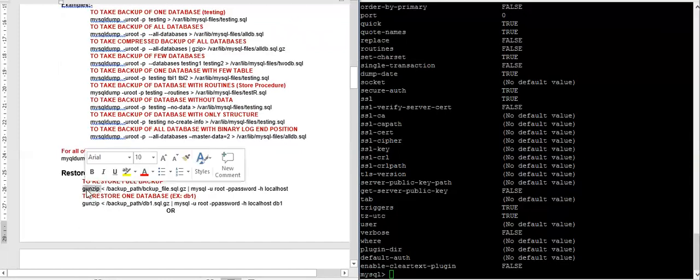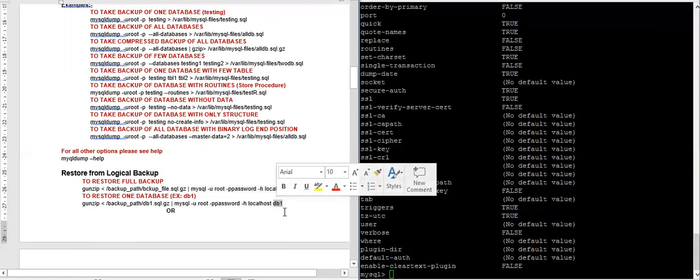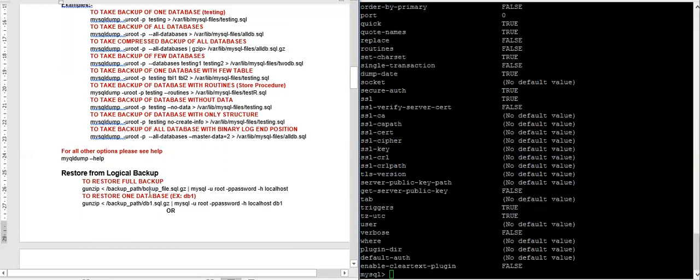This is very useful. gunzip, then the less-than sign, then your backup file path name, then pipe, then mysql -u, then the user and the password, and if you want to restore into a single database, then you can do it like this. Otherwise, it will restore all the databases, correct?